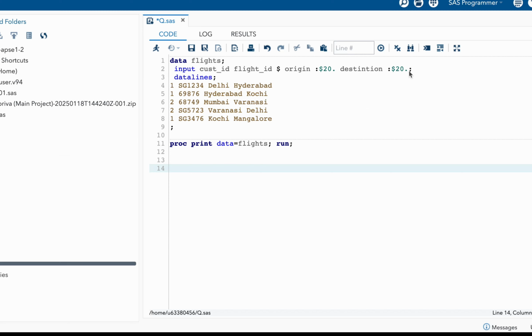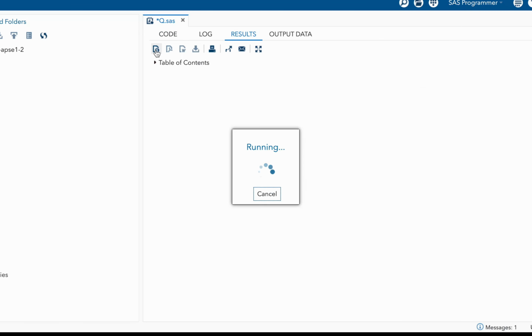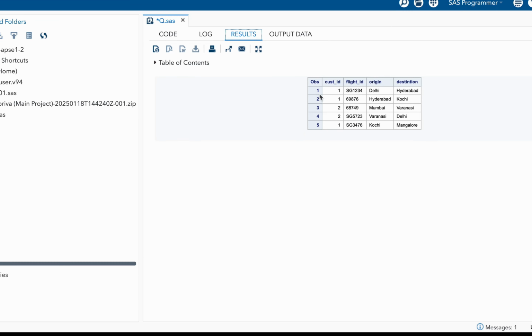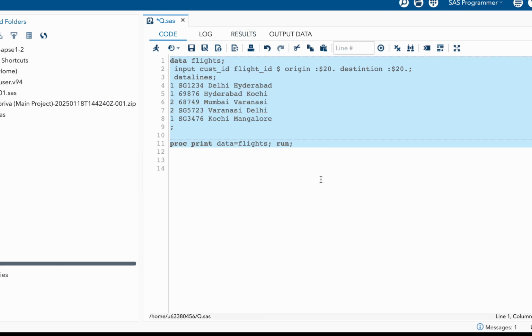So here we have the flight dataset, and in this flight dataset we have customer ID, flight ID, origin and destination. So let's run this code and generate our dataset first. Yes, and from this dataset we have to find the origin and final destination for each customer. First, let's try to remove the duplicate rows, and we can do this with proc SQL,